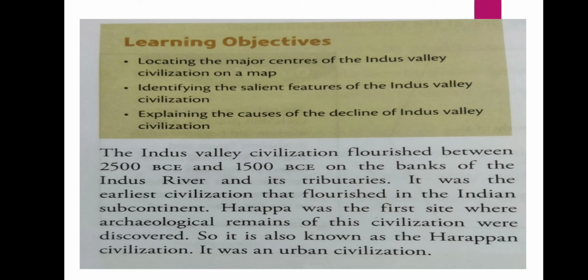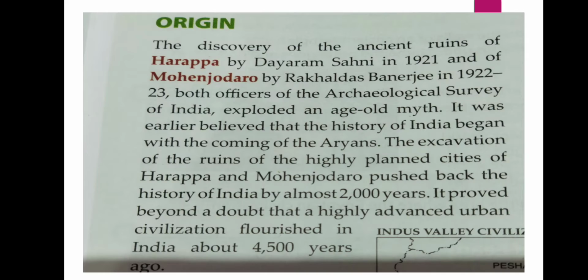An advanced civilization called the Indus Valley civilization existed in the northwestern region of the Indian subcontinent during the Bronze Age. It was similar in many aspects to the civilizations in Mesopotamia, Egypt, and China. Since the main centers of this civilization existed around the river Indus and its tributaries, it was known as the Indus Valley civilization. Later on, historians began to refer to this civilization as the Harappan civilization after the name of the major site of this civilization, Harappa.